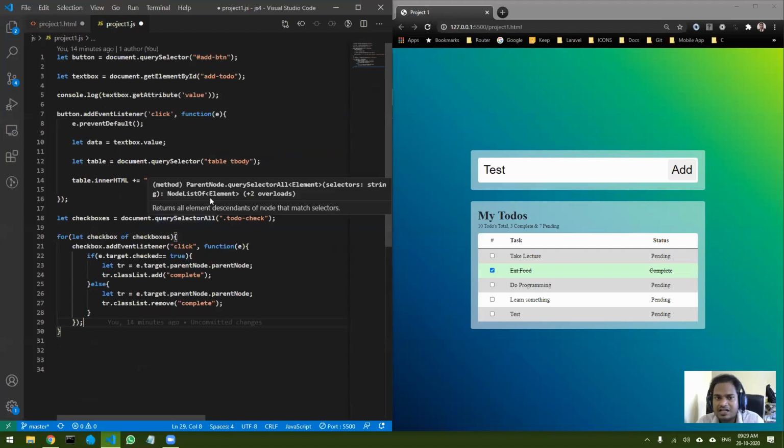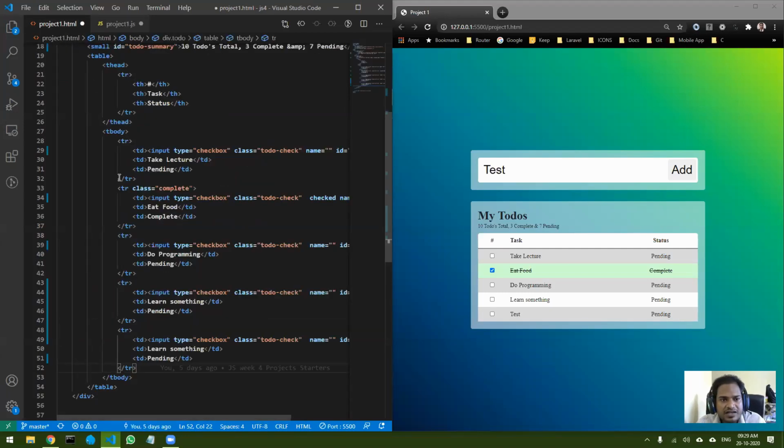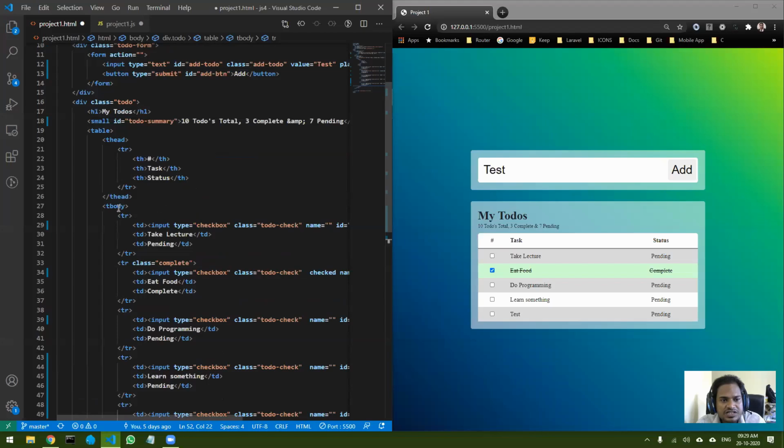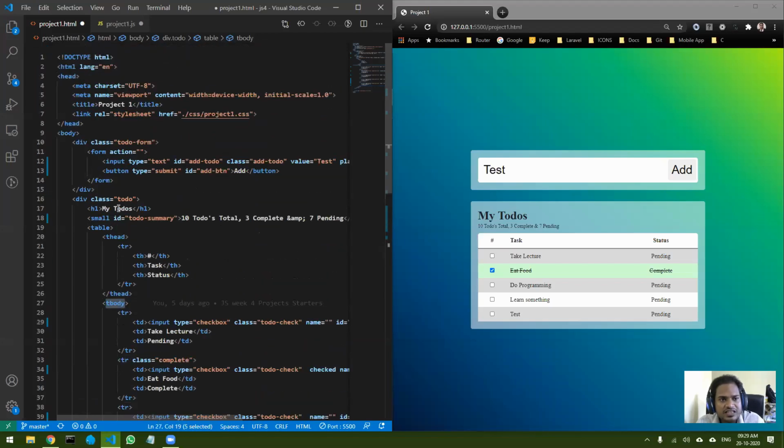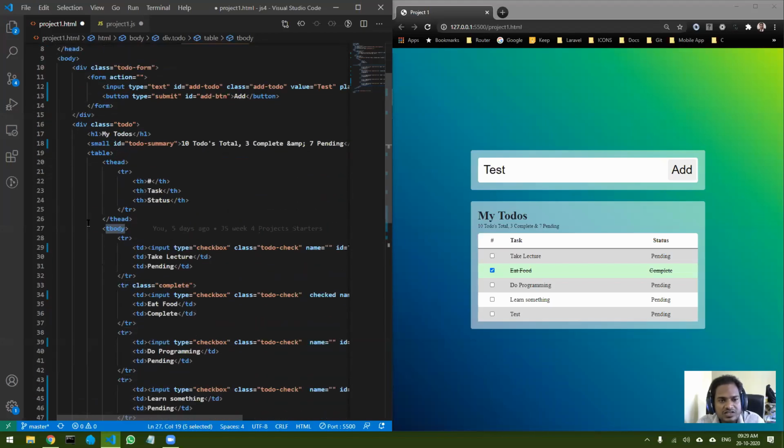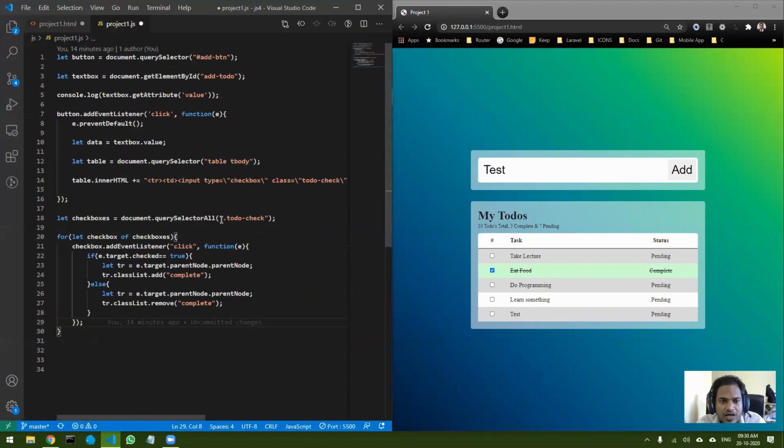So let's select the parent now. What is the parent? The parent is T body, okay. Obviously in the whole HTML document there is only one T body, so we can select it directly, okay. So I could have simply written here T body, okay. So that will work.